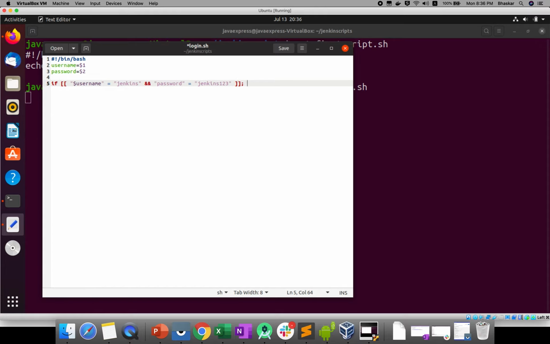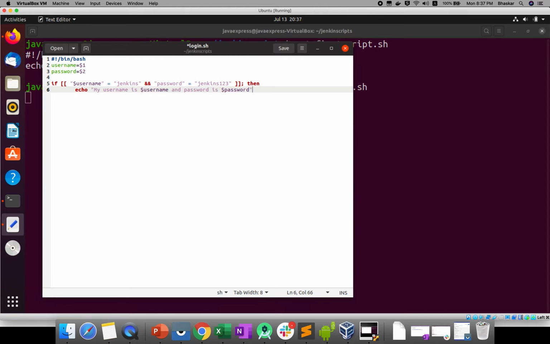The syntax will be: if, then, you print your statement, echo my username is, and you can provide your argument $username, and password is, I want to print $password.